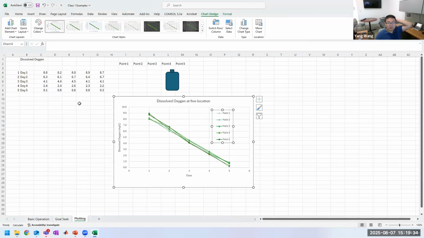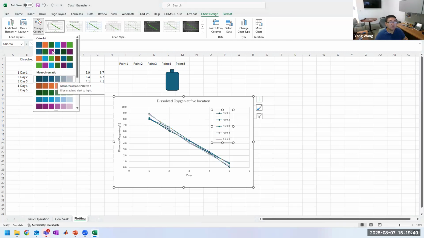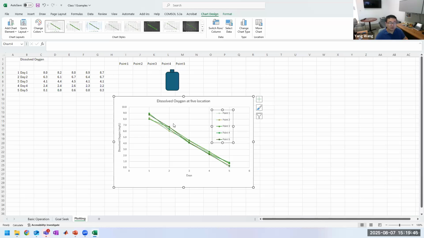It's easier to differentiate the different lines. Or you can choose the colors yourself. At the same time, the font is too small. So to change the font,